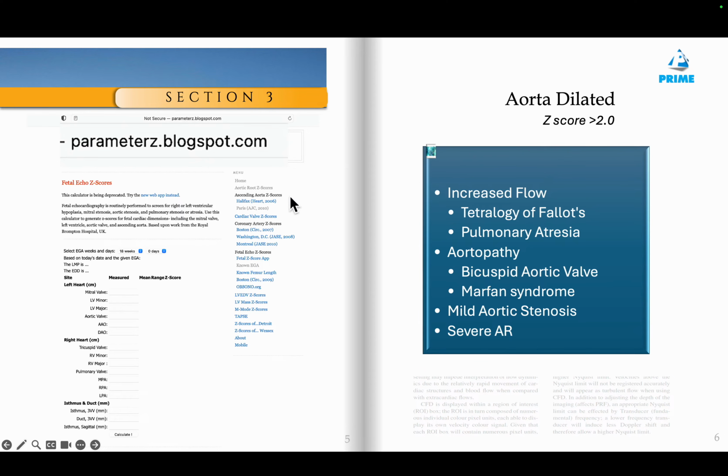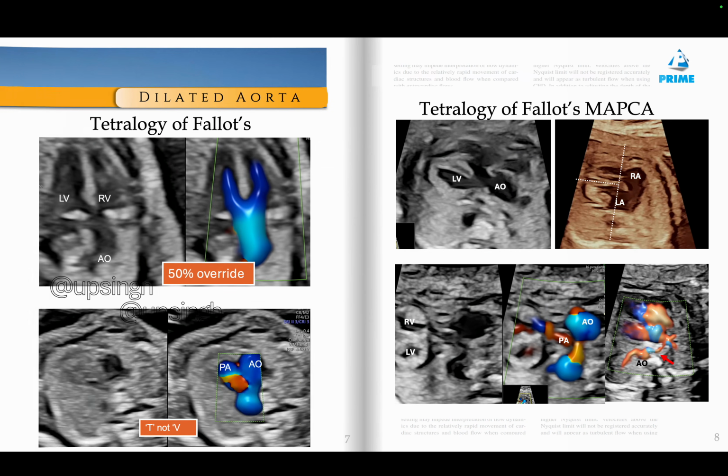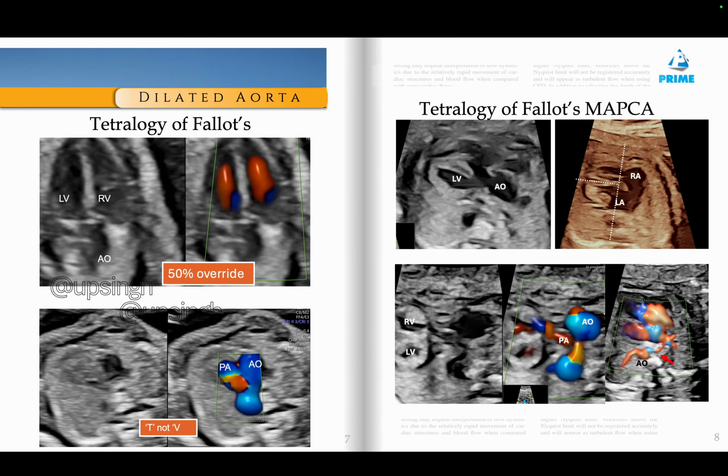and this blog can show you all. What you need to feed is, first, either the expected weeks or other parameters, and then you feed in the various measurements, and it will give you a z-score of each measurement. The first thing which I am going to show you is the dilated aorta,